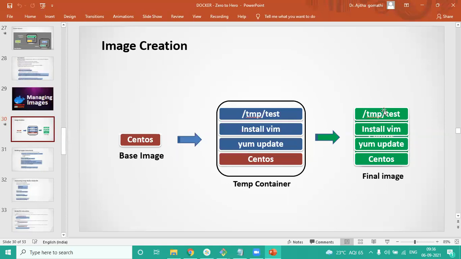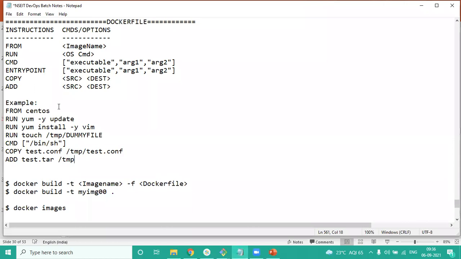When you are running an application, you might have to run the application as a particular user. Then how do you switch between users, or how do you choose as what user your container should run, as well as, for creating this image, what is the user as whom you want to execute all these commands? By default, when we use CentOS, root is the default user. So how is that set? That is using